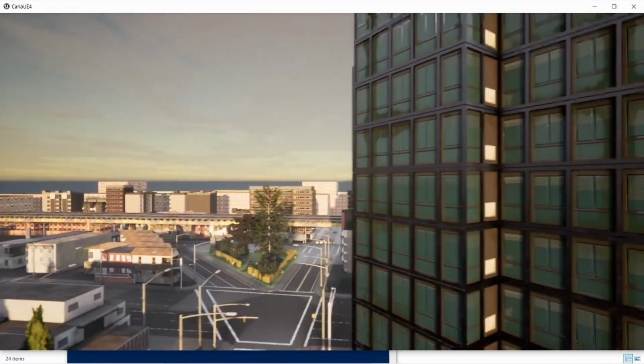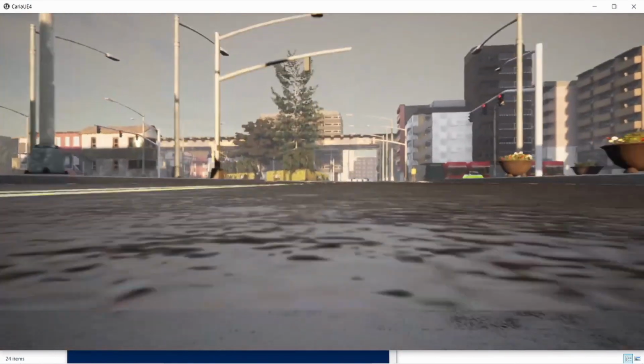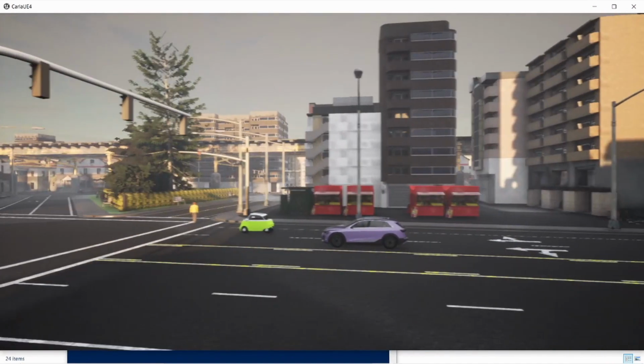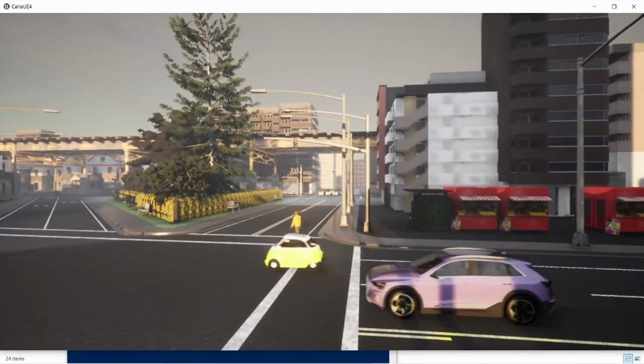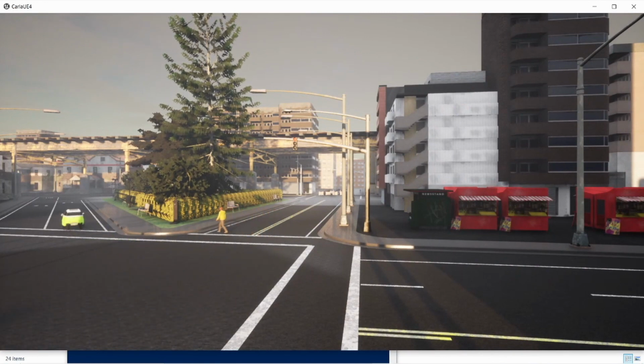Where are the cars? There, you can see one, and you can see how it's following the traffic lights. That's what we want. If there's a pedestrian, it will wait for the pedestrian, because pedestrians are the most unpredictable. Even the cars are very unpredictable, but pedestrians are the most, because they can just cross the